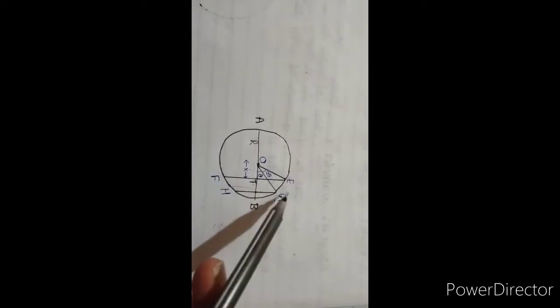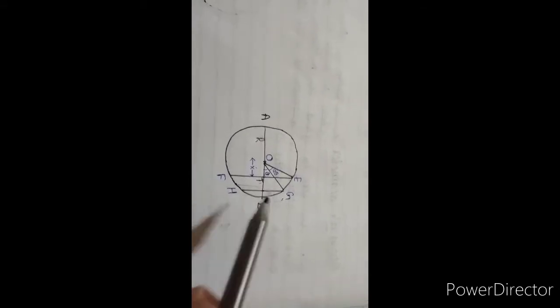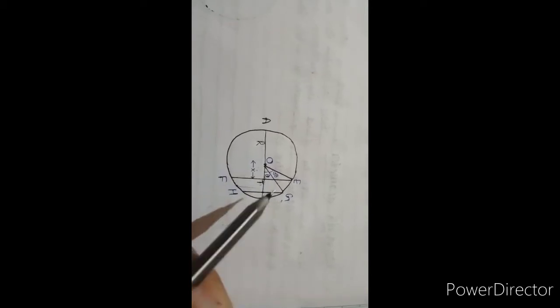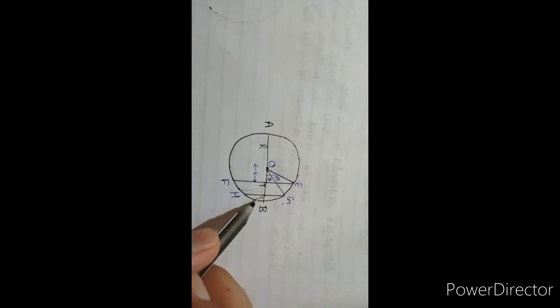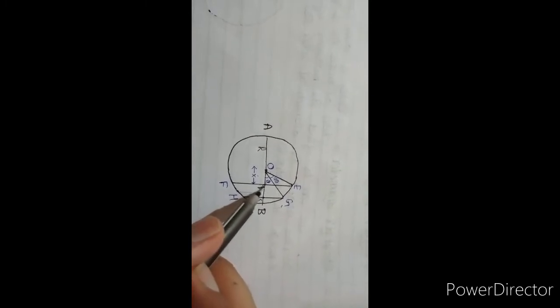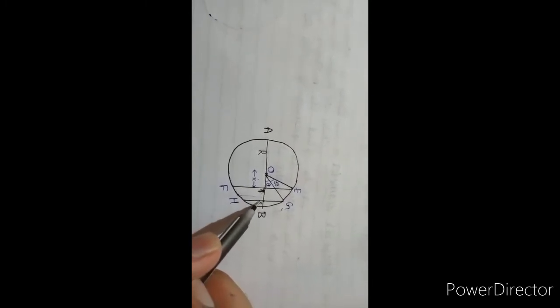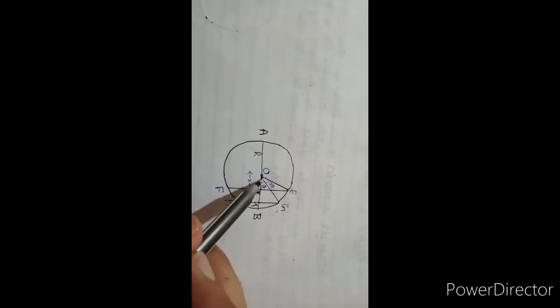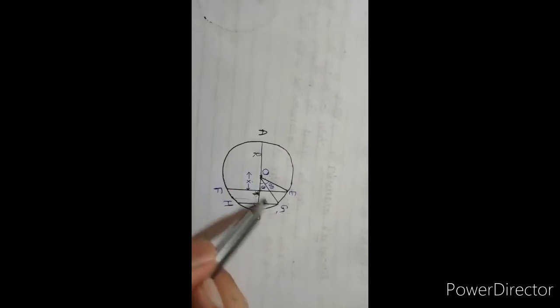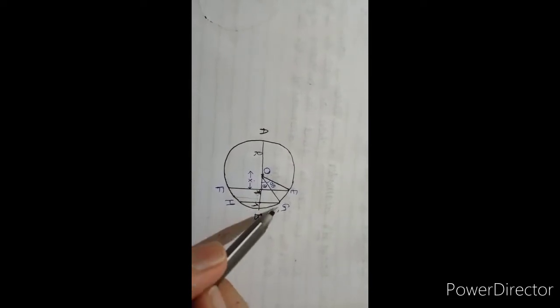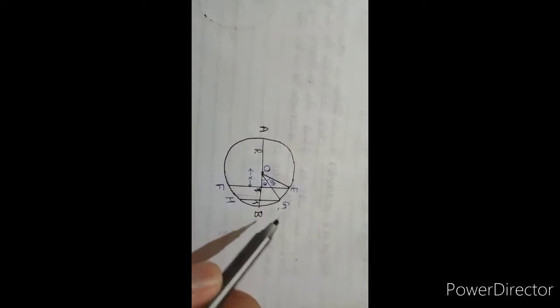If it is a thin ring, then EF and GH will be equal. So we can take this same triangle this way. So we will consider this point now T. Assume this point as T, and in this triangle the angle is theta here, and it is also a right angle triangle, GTO. Now we will talk on it.